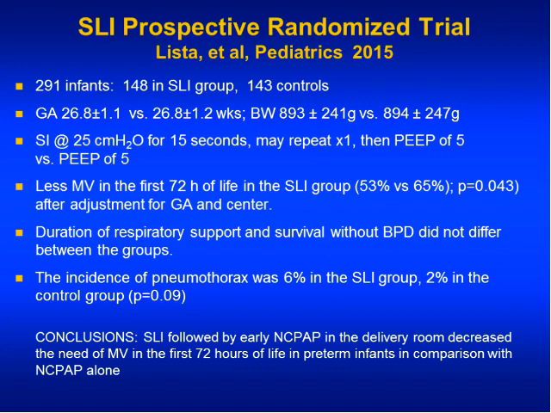And there was a bit of concern because the incidence of pneumothorax was 6% in the intervention group and 2% in the control group. This doesn't quite reach statistical significance, but it's a little bit concerning. And obviously, we always want to make sure we're not causing any harm. So there is currently a